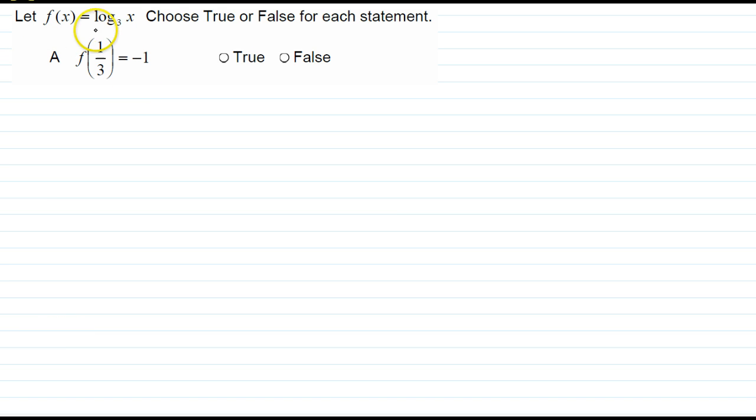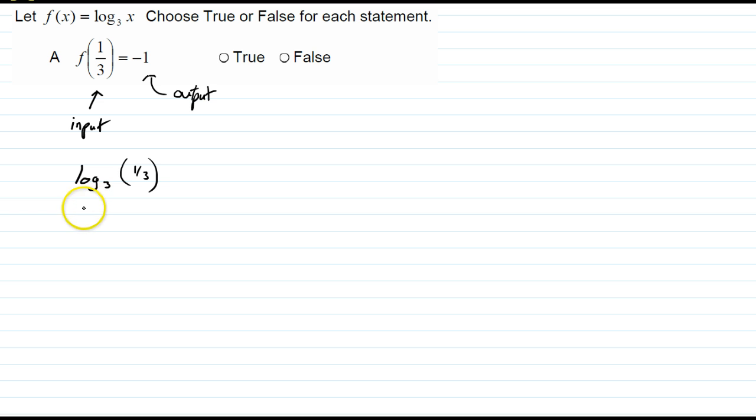Alright, let f of x equal a log base 3 of x, and we're going to choose true or false for each statement. And so the way this is written, this is our input, this is our output. So when I plug the 1/3 in to the x, we want to see, does that equal -1? So if I do log base 3 of 1/3, and so remember our properties where if this and this have the same base, then whatever this exponent is the